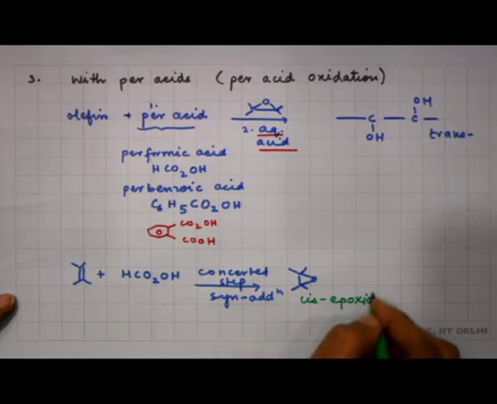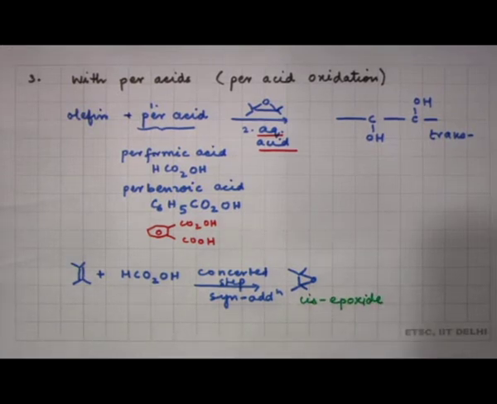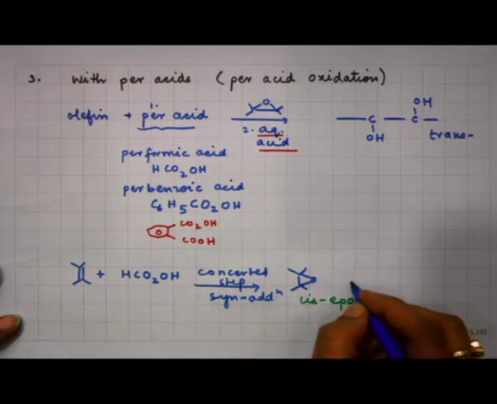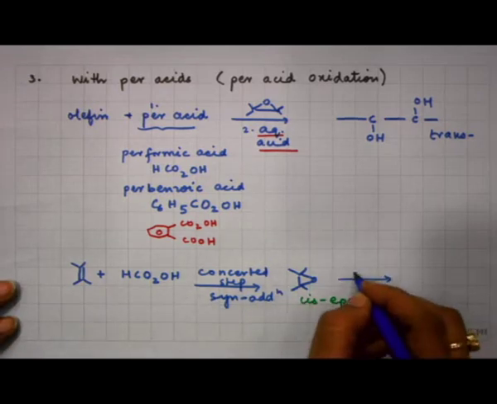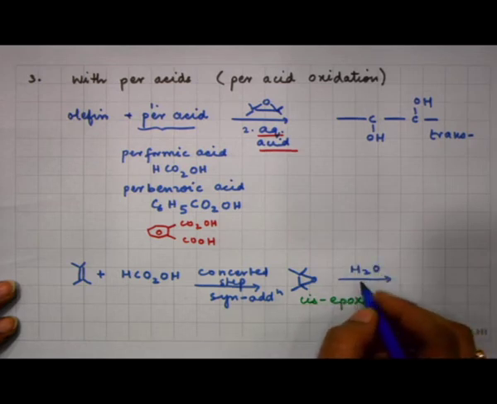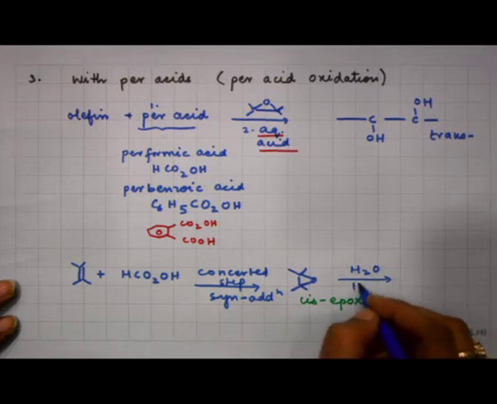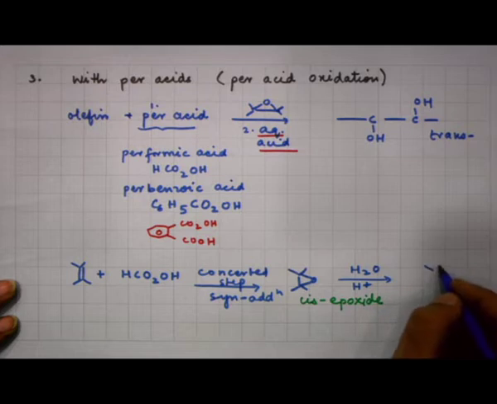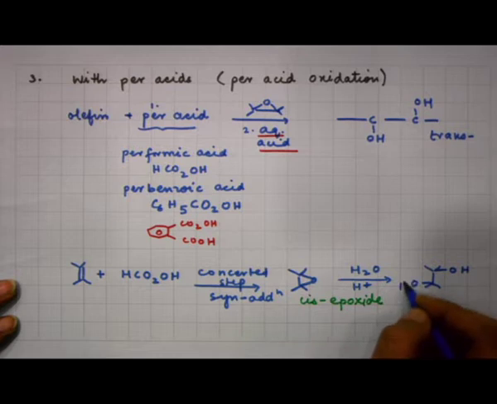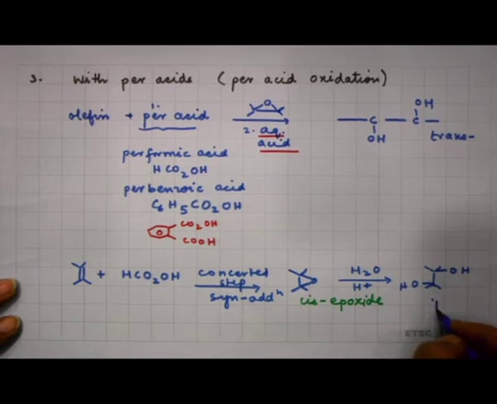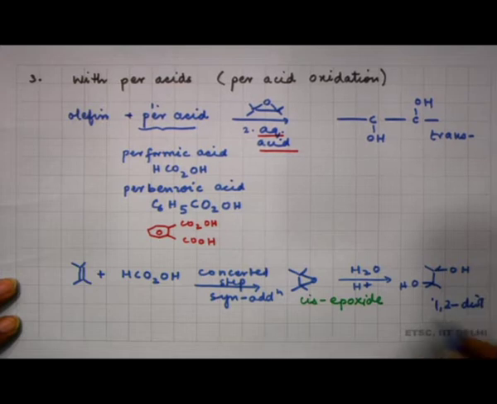So, the first step is a syn addition of the performic acid onto the olefin to give you an epoxide, and this is followed by hydrolysis with aqueous acid. You can have either an aqueous acid, or even a methanolic HCl, any of these reagents can be used. So, any type of nucleophile. You use an aqueous acid and you are able to open up this epoxide ring to give you 1,2 diols which are trans in their